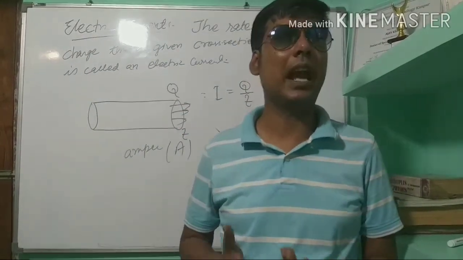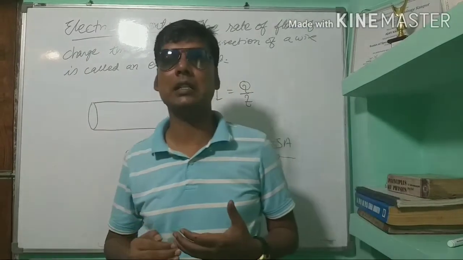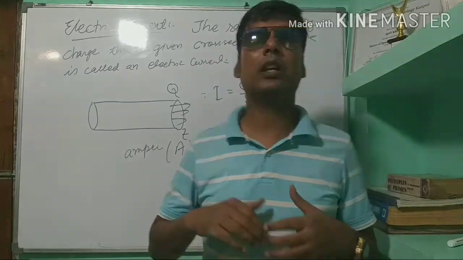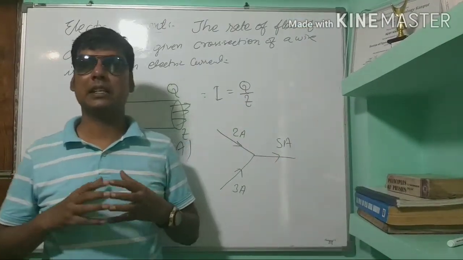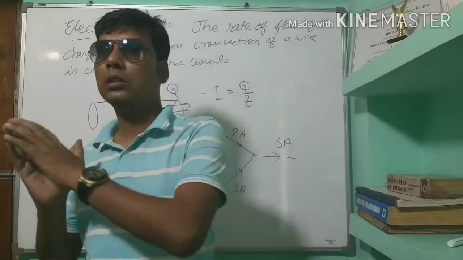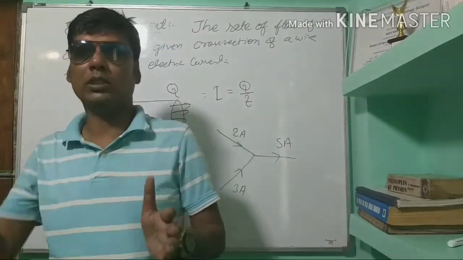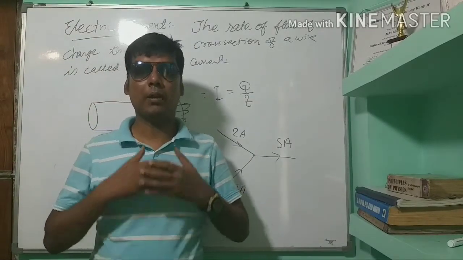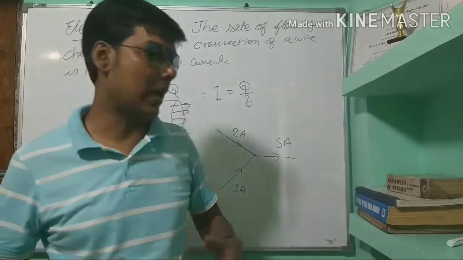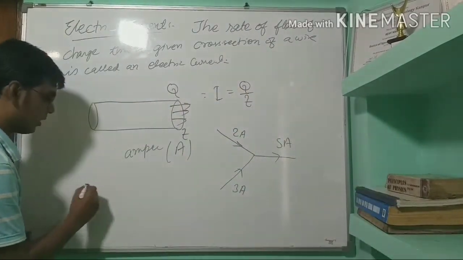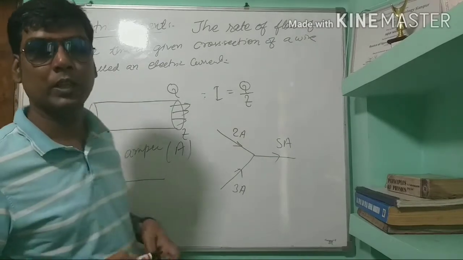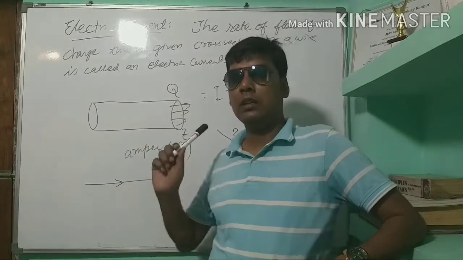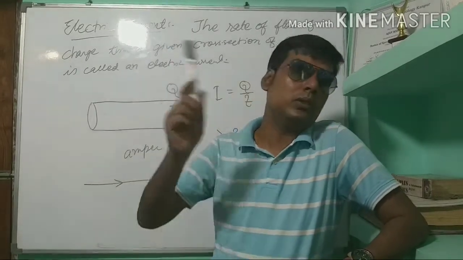That time it was considered, and the direction of flow of charge was taken to be the direction of electric current. Thus, the conventional direction of electric current is from positive terminal to the negative terminal of a cell throughout the circuit. So, in our circuit diagram, we put an arrow on the wire. How? We draw a wire and put an arrow. So, in our circuit diagram, we put an arrow like this, pointing from positive terminal to show the direction of